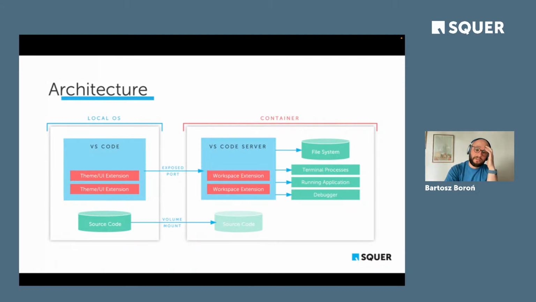For this, the piece of code that is running is called VS Code Server, and it is an open source piece of code that makes all this possible. Obviously, VS Code is not the only one that supports this. You can theoretically have different IDEs installed locally on the left-hand side and still connect to this server for the remote execution. JetBrains IntelliJ IDEA also has its own piece of software that allows this kind of remote connection.